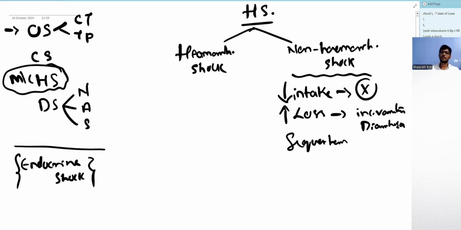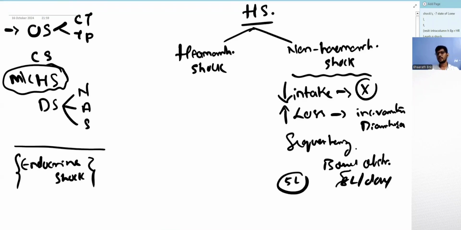There's a lot of fluid in the body, but this fluid is not in the blood vessel. The example may be a bowel obstruction, right? Intestinal secretions are up to 8 liters per day. Now the blood volume is 5 liters. So up to 8 liters per day is secreted in the intestine, but most of it gets absorbed or is let out of the body.